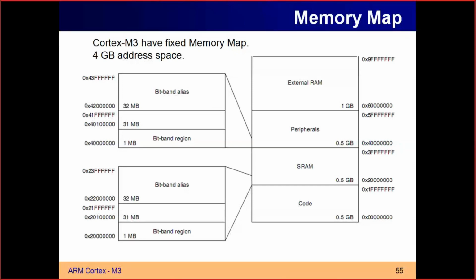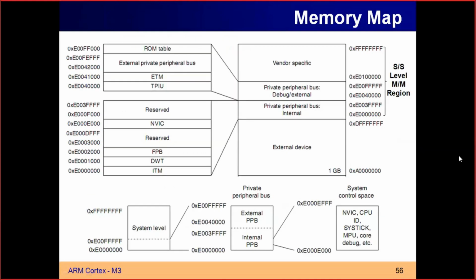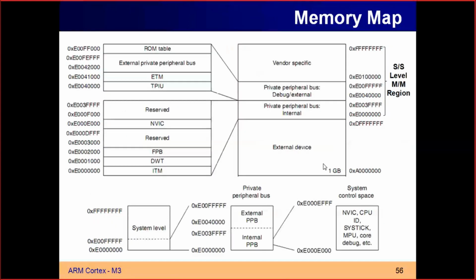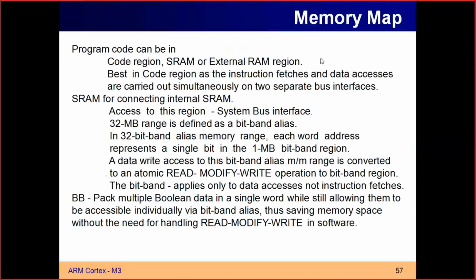So using that, you can access both instruction and data in parallel. It is suggested to use code memory for storing the program. But if we write the data in the SRAM area, I code cannot be used. That is why the program should be written in code memory, so that both data and instruction fetches are on two separate buses. Then what is the use of SRAM? SRAM is used as the internal RAM.